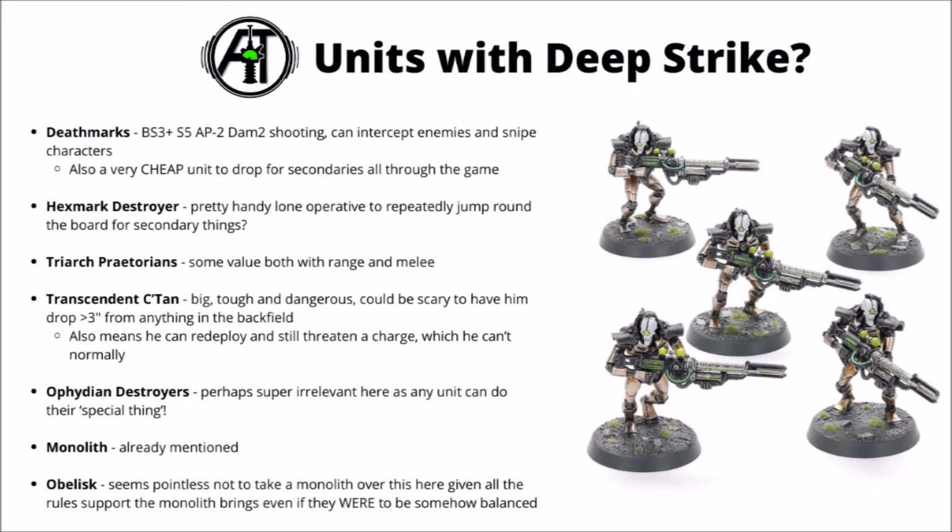The Transcendent C'tan can pop up anywhere. I feel like there's maybe a little bit of overlap with his own redeploy rules here, though I guess the Hypercrypts could mean that he could threaten a charge at the same time as he redeploys, which he can't if he's advancing normally. Otherwise, the Monolith we've already talked about, the Obelisk isn't really going to get a look in,